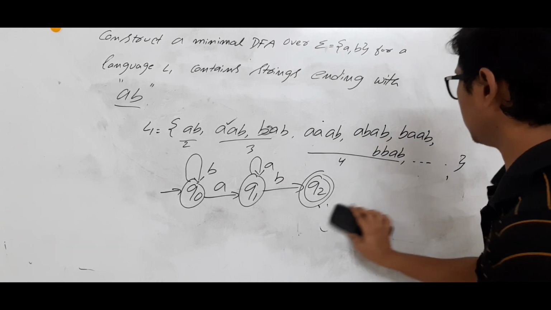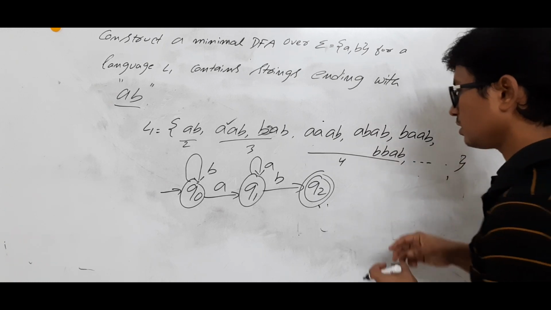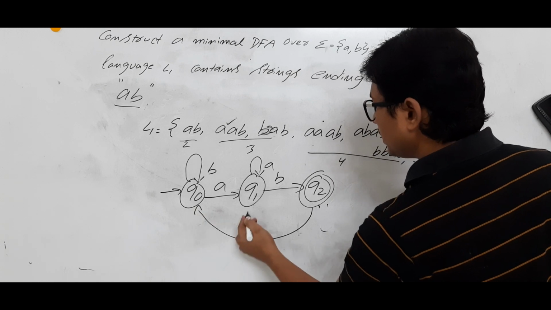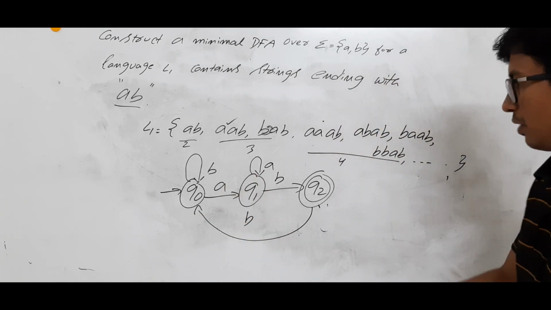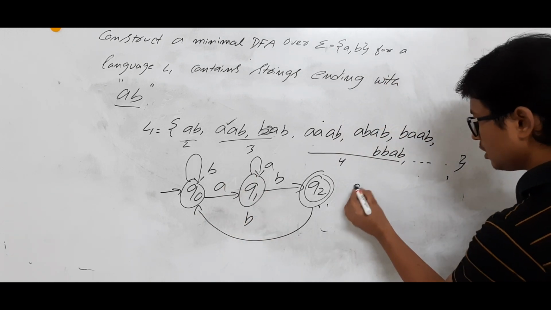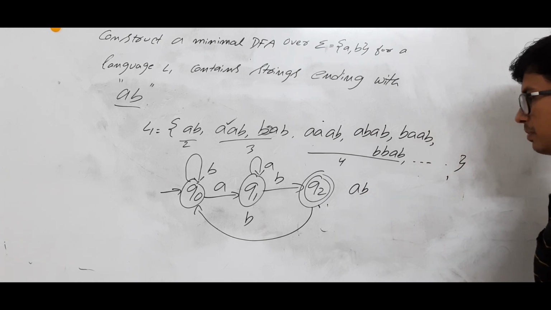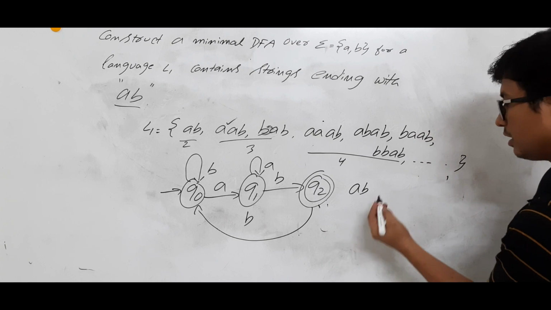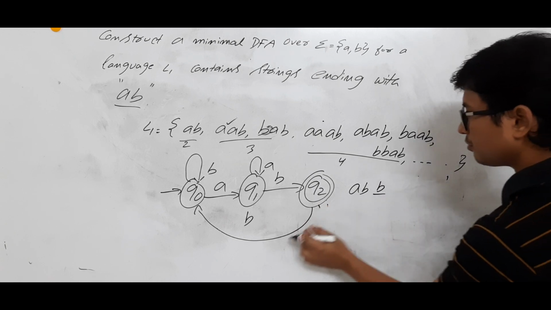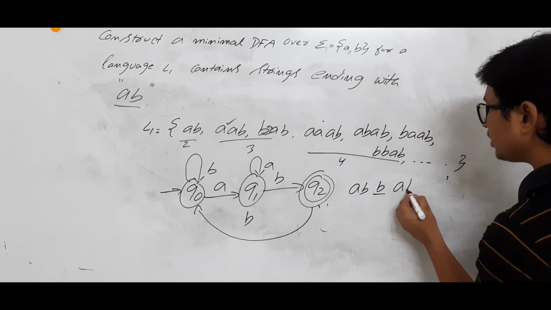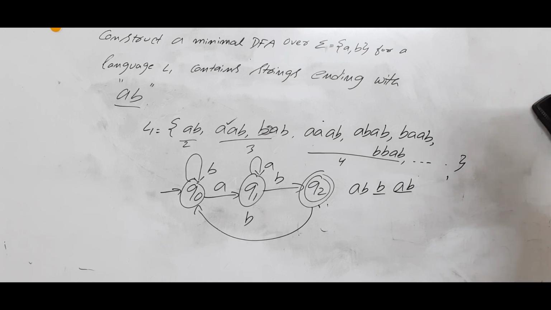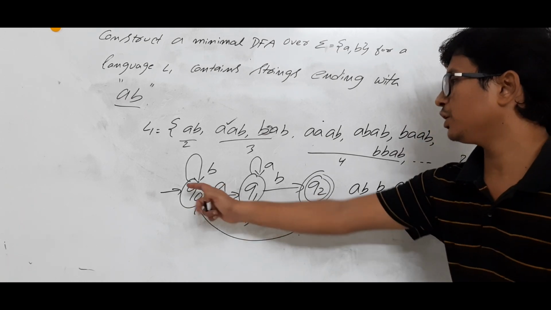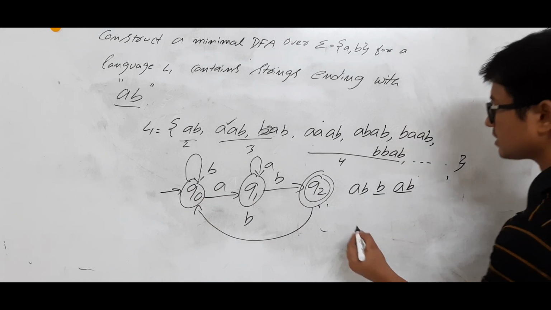How I will do it is that once you have seen AB, and then you see one more B, wait for another AB. What I mean is, you have seen AB, only then you came here. Now you want to see another B. If you see another B, you wait for another AB so that it will end with AB. So that's why I have written here the B going to Q0. We will check whether it is right or wrong.